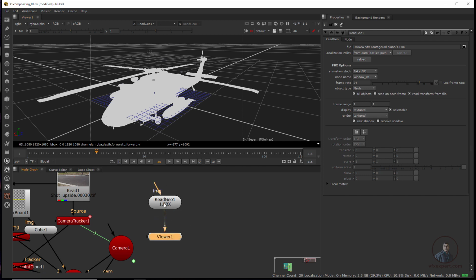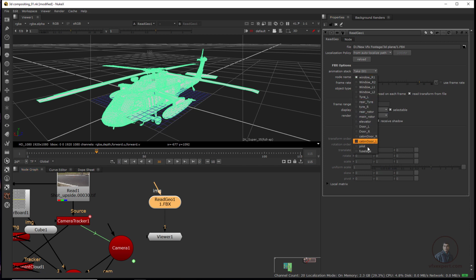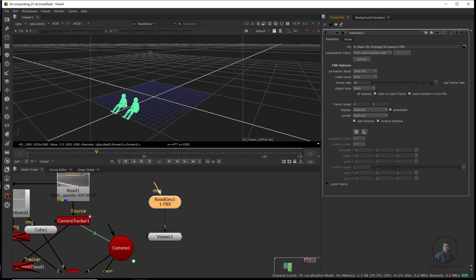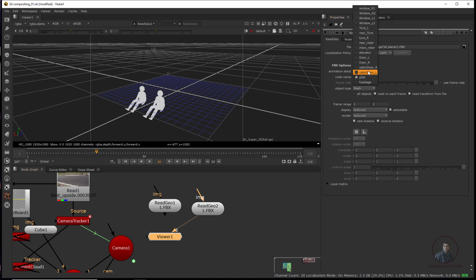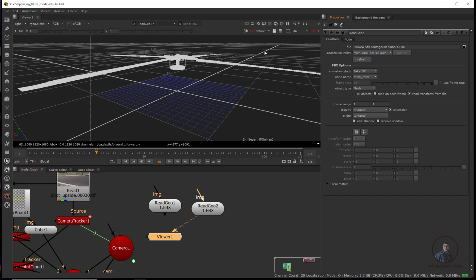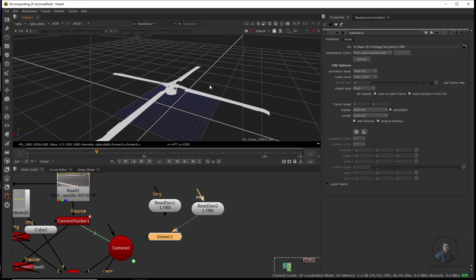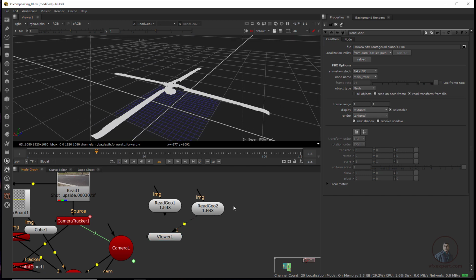Okay, then again double click here, then from node name you can select different objects. So like pilot, so here if you see only this, then uncheck this one. Now you can see only the pilot. So these are only the pilot. Select this one and Control C and Control V, because here I am going to take another element. So again double click here, select and press 1 here. Now here I am going to take the main rotor, if you want you can see. So this is our main wings here, you can see. Again Control C, Control V.